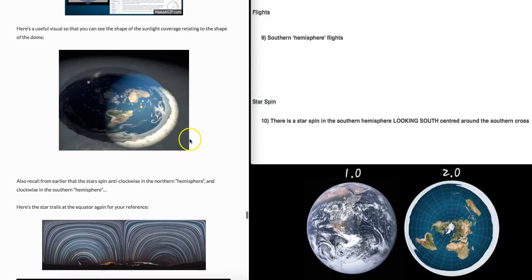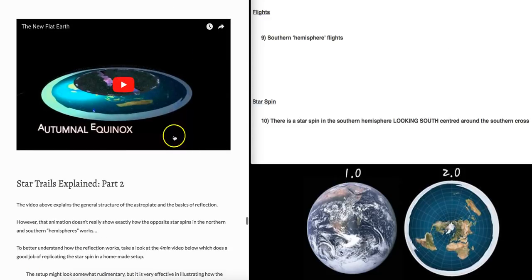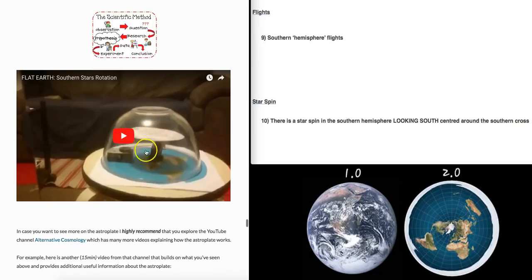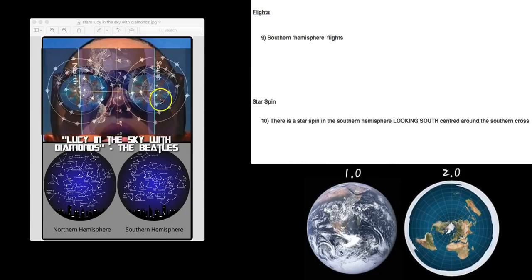If the sun's reflecting, then maybe the stars are reflecting as well, and that's what's happening. This video here shows how it would happen. But the problem with this is that you'd still have one constellation on the astrolabe rotating here. And then in the south, you'd have the same one, but just reflected. Whereas what is actually going on is that we have two,